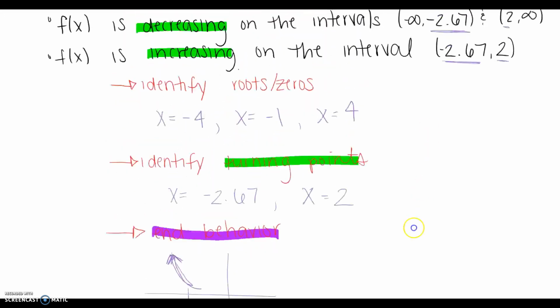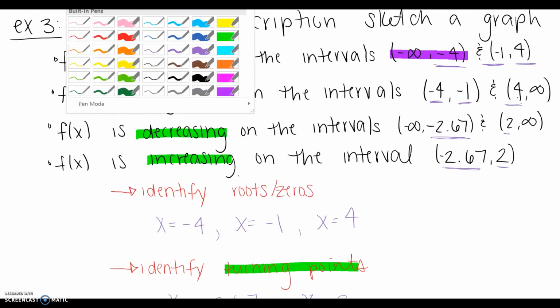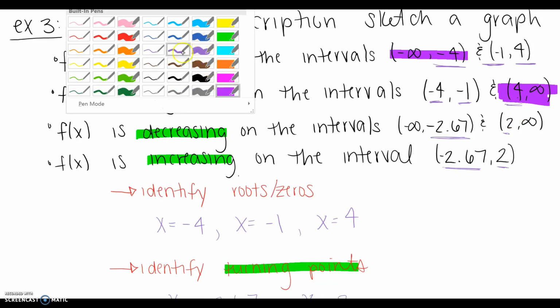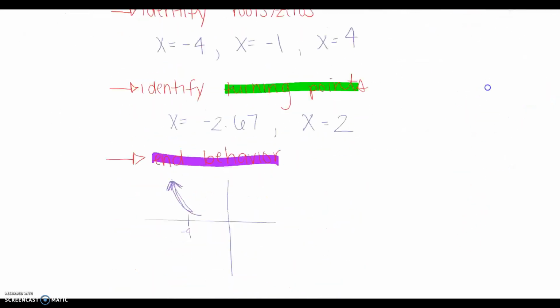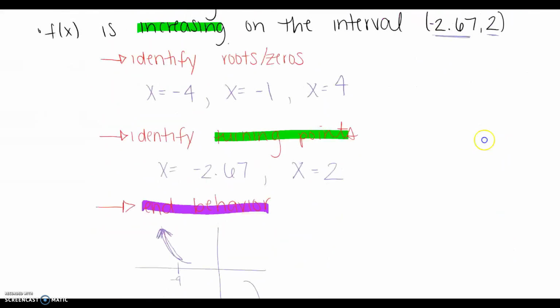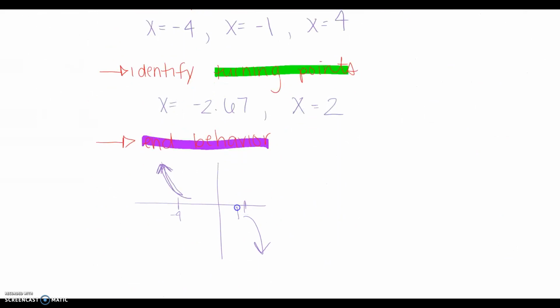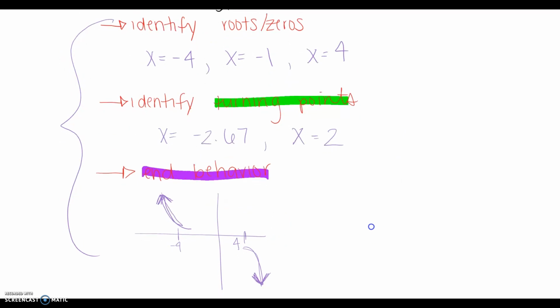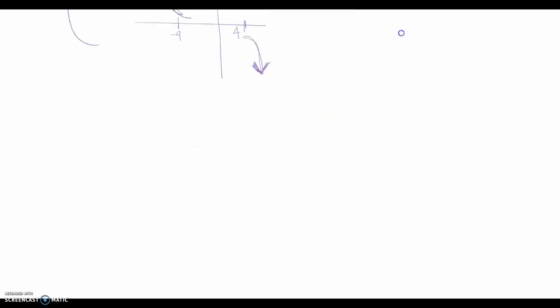Then we can also see it's going to be negative over here when we're going to infinity, so that also helps. The infinities are what we're looking for our endpoints. So it's going to end going down, because from 4 to infinity, it's negative. So with the combination of all of these three things, we can set up a graph and sketch one